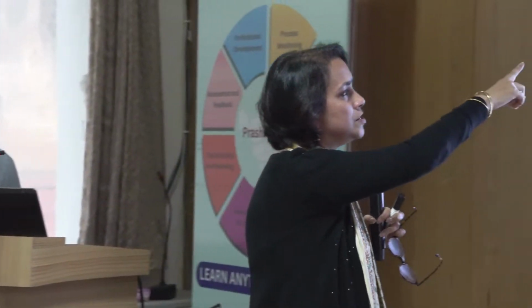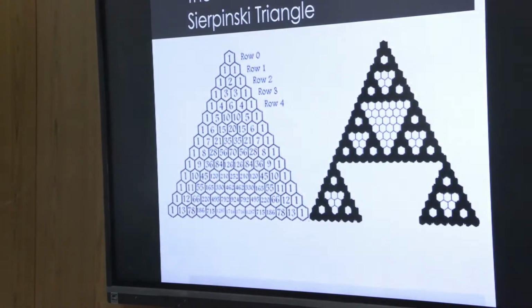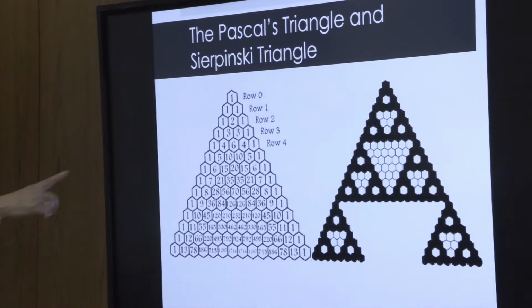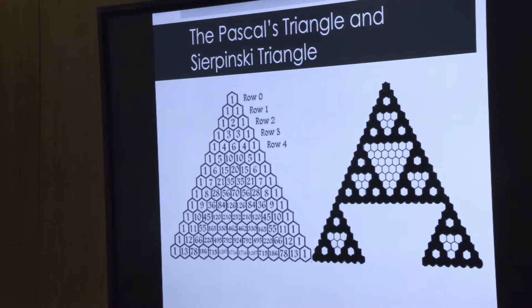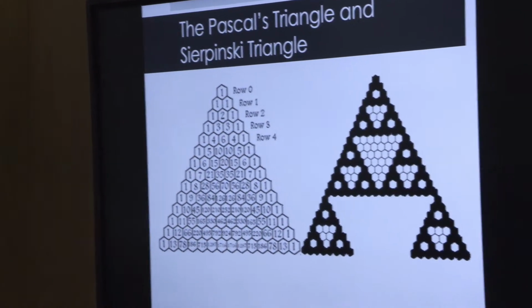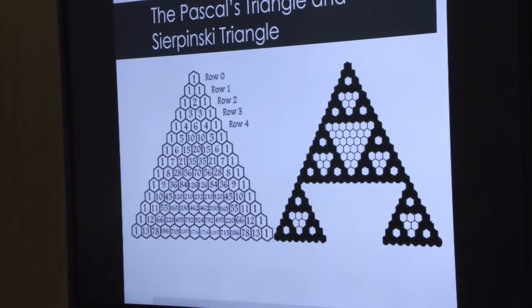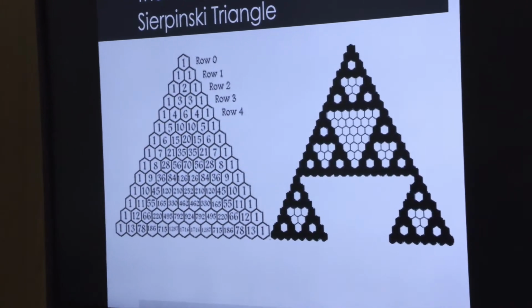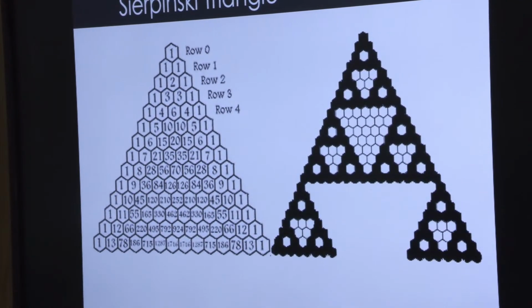And so now the odd numbered cells: the first topmost cell is 1. Next row is 1, 1. Then is 1, 2, 1, right? So I'll only shade the 1 and 1 and leave 2 blank. So it is blank here, correspondingly, if you can see. So how do we decide now? How will we decide which ones to color? So they had to come up with a coloring rule, which is different from looking at odd and even or knowing which are odd and even.